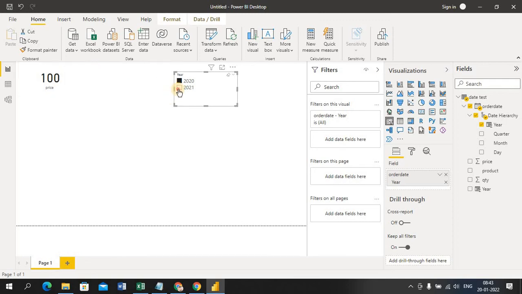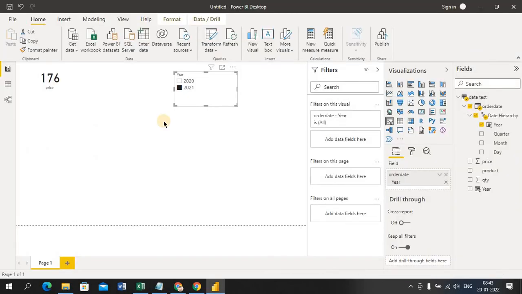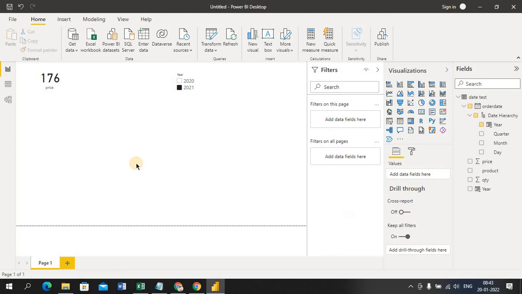If I select 2021, 176. So from this 2021 you can see 176 here, it's matching, okay? Like that I want to see the data in one report. What is my current sales, what is my previous quarter sales and year sales, okay?